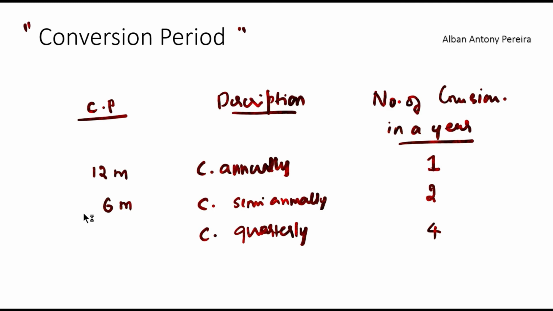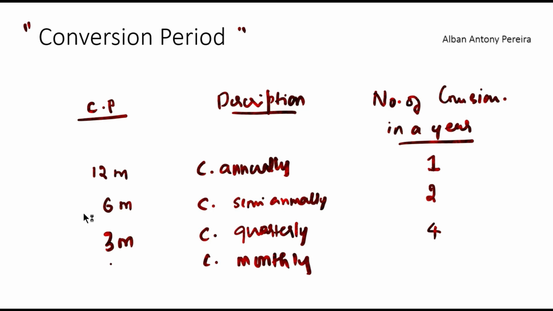So if you go and calculate financial year, then these are the quarters: quarter 1, quarter 2, quarter 3, and quarter 4. So 4 number of conversions in a year, 4 times. And you can write 3 months. How many times 3 months comes in a year? 4 times. Next one is compounded monthly,